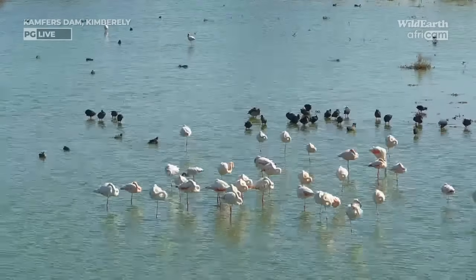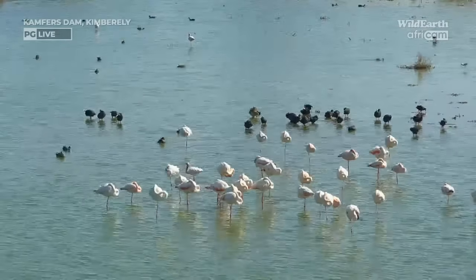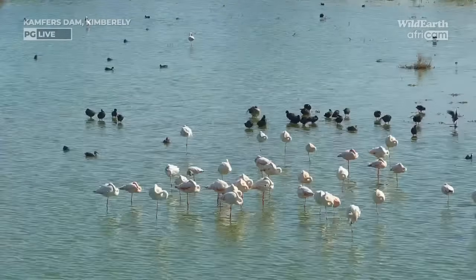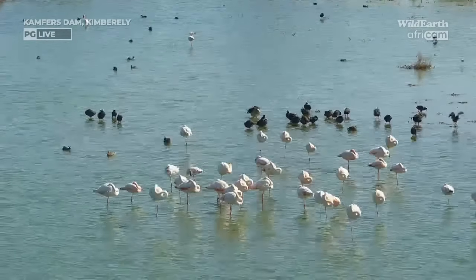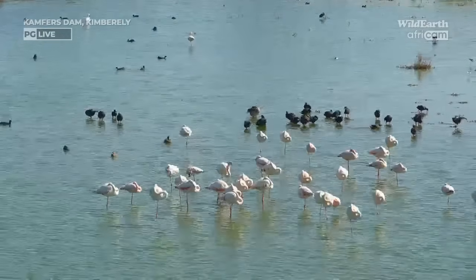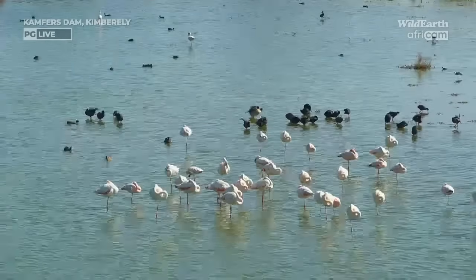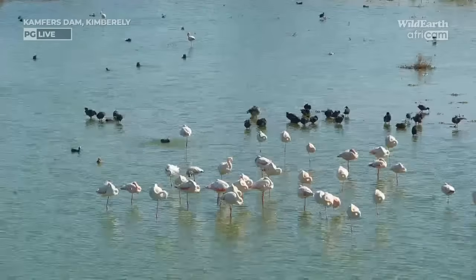There's also some wonderful coverage on how these flamingos nest in, I think it's the latest Planet Earth series from the BBC. Another magnificent David Attenborough special, which if you haven't, you absolutely must. But it very clearly shows how these flamingos actually nest in these sort of muddy lake beds. They scoop up turrets of mud, probably half a foot tall, and then deposit an egg or two eggs on